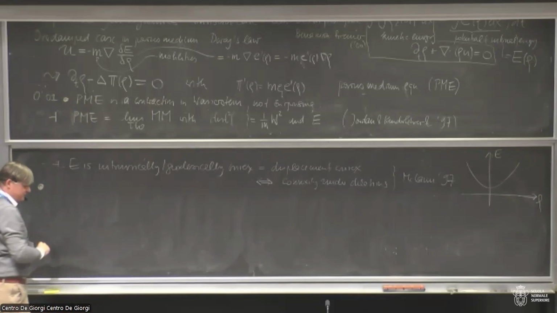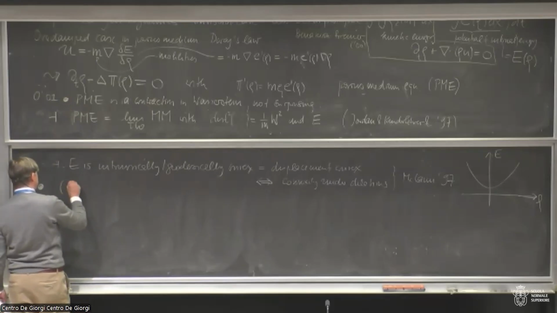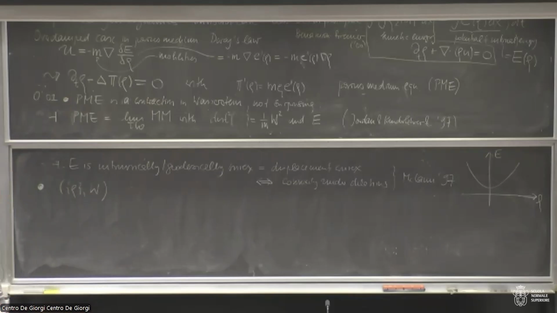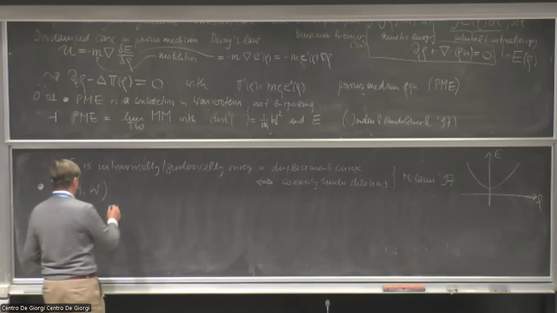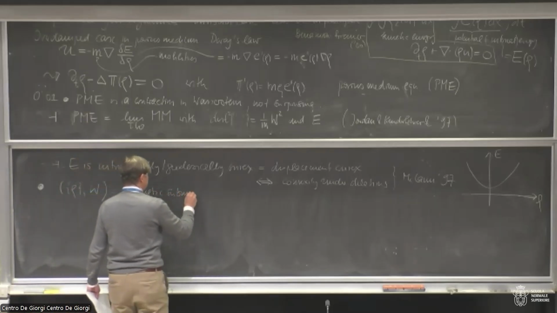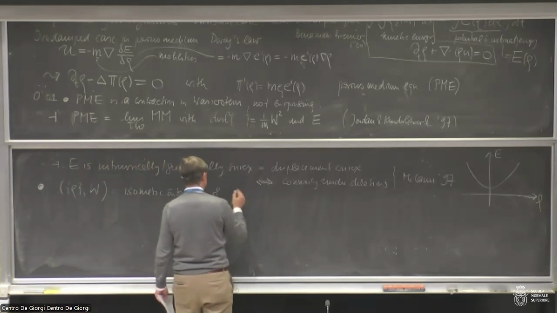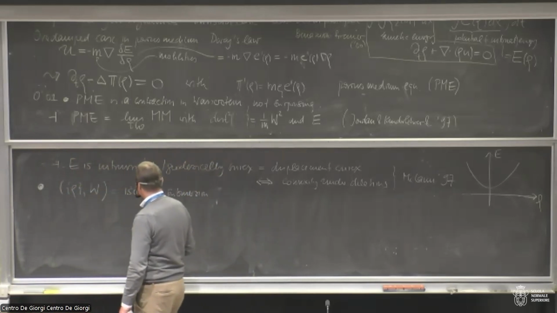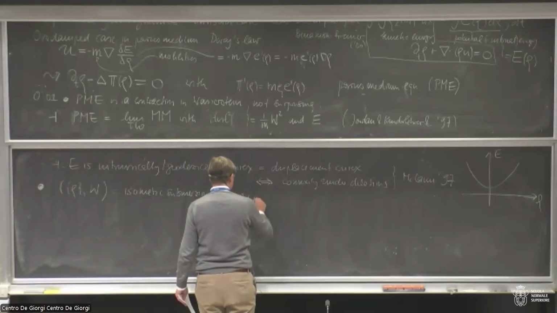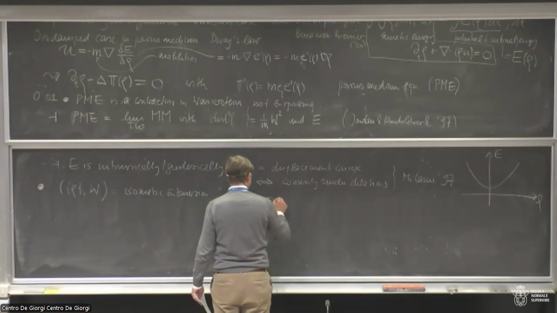And the second observation, and that's what I want to close with, is that, in fact, this much simpler single-phase Wasserstein geometry, so if you look at the space of probability densities endowed with the Wasserstein metric, is nothing else than an isometric submersion of a Euclidean structure. And the Euclidean structure is very explicit, and the isometric submersion is almost too easy to state. So you go back to